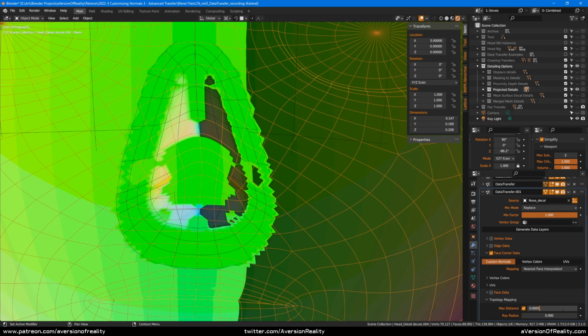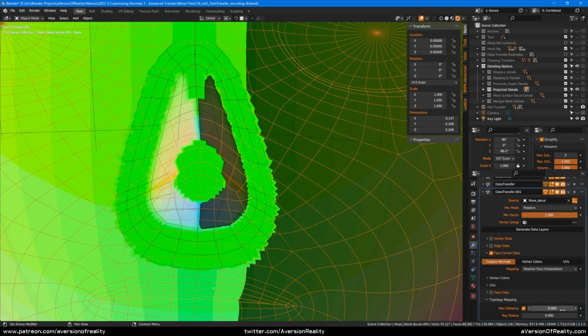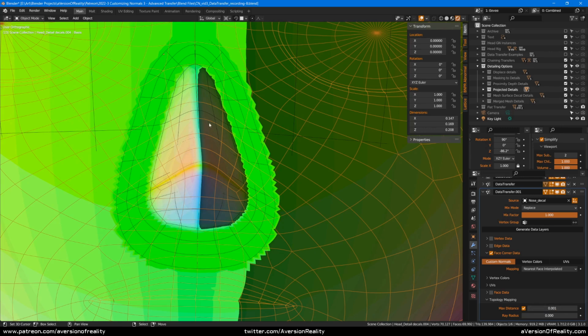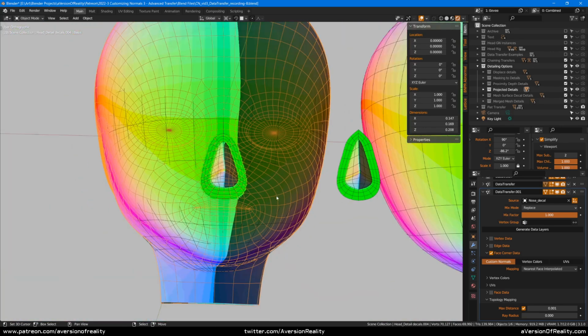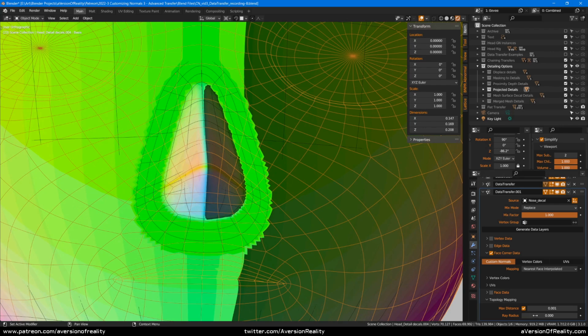And it's hard to find a value that is right for getting the right behavior without causing more problems. As soon as you start deforming things too, then even if you find a value that's good for a certain thing in a certain place, then you only have one value to work with. You can't set this to be like a vertex group or something. So I've about dialed that in to where it still picks up all the nose, but now we're just back where we started with projection, so why bother? We'll just keep using projection.